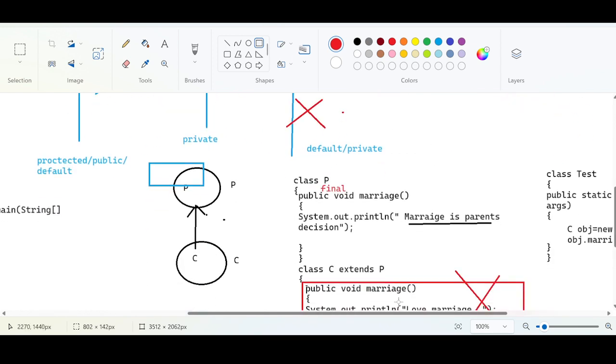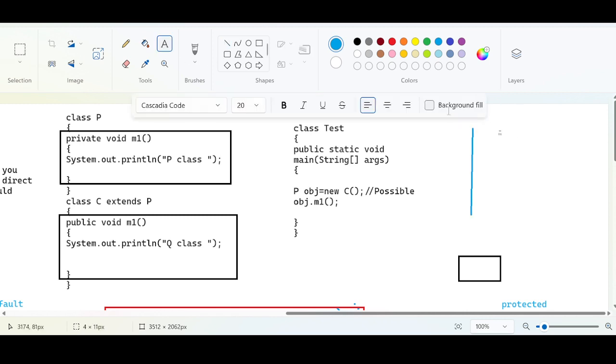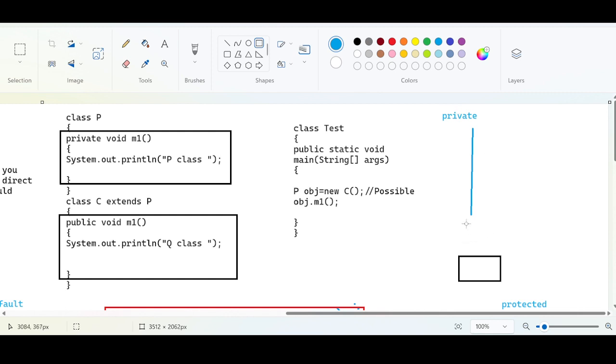What's the last case? Don't think that I am saving a lot of space here. I do not want to use the new paint brush; I'm just utilizing this. If the parent is private, when the parent class itself has a private method, the concept of overriding will not happen. The concept of overriding itself is not possible. So you don't speak about visibility here. When there is a private method in the parent class,